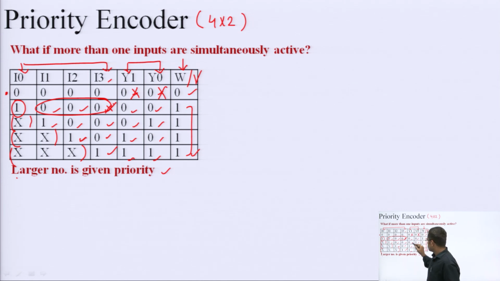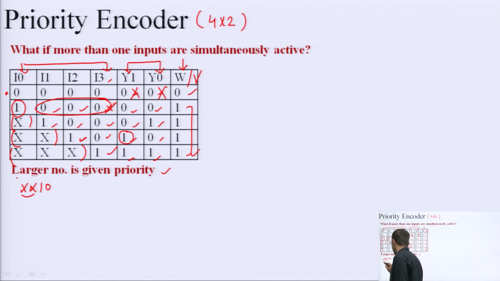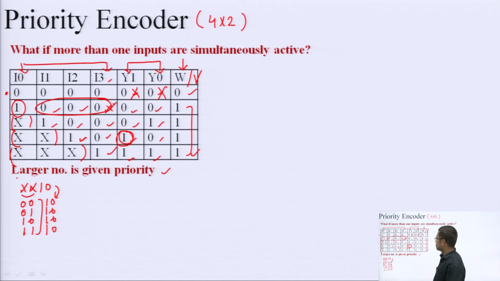That means, this y 1 is having 1, but this 1 corresponds to cross 1 0, cross 1 0. That means, these two crosses can have 4 possibilities 0 0, 0 1, 1 0 and 1 1. So, if with all these cases I append this 1 0, then I can check that this single high value at the output corresponds to 4 input cases, which are 2, 0 1 1 0 is 6, 1 0 1 0 is 10 and 1 1 1 0 is 14. So, 2, 6, 10, 14. So, this single term accounts for 4 high input cases 2, 6, 10 and 14.